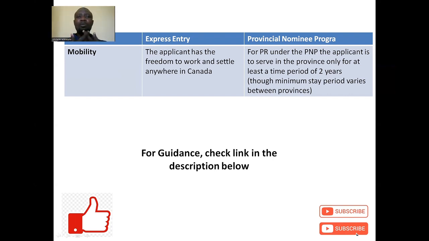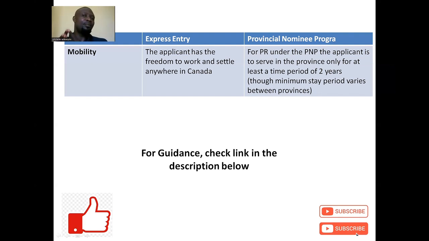So now, in terms of mobility, when your application is approved under Express Entry, you can work, you can live anywhere in Canada, you can settle anywhere in Canada. Okay, you can pick any of the provinces that you want.